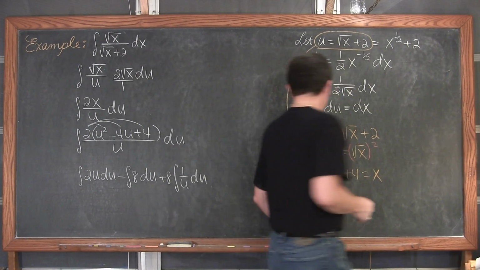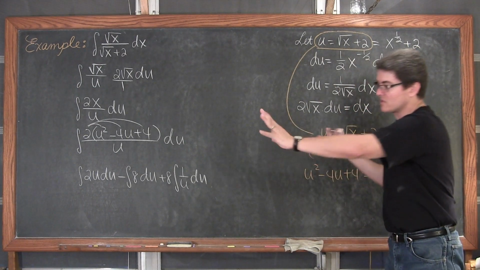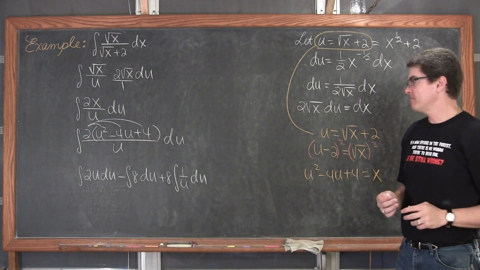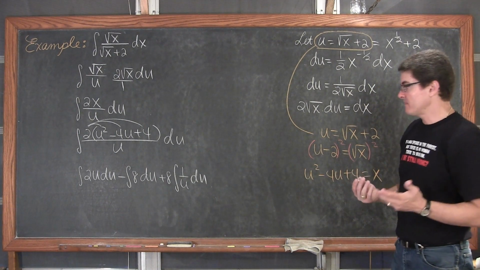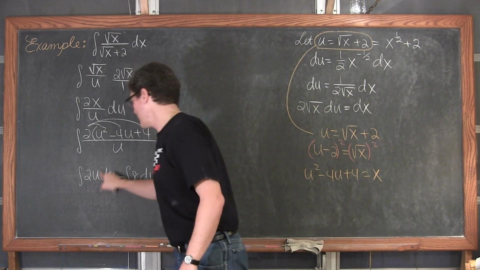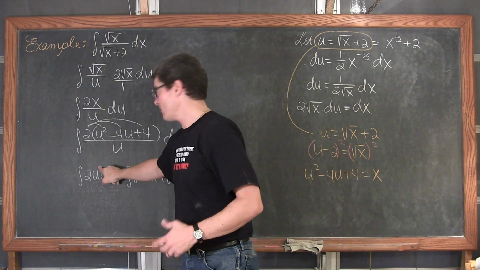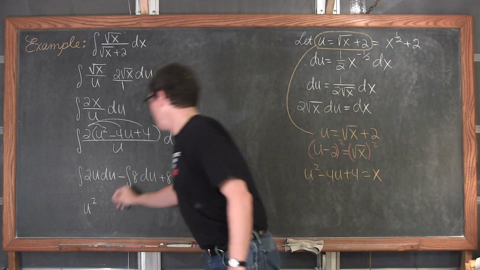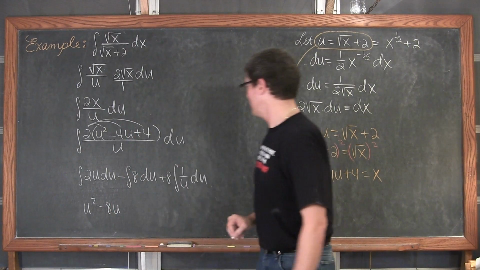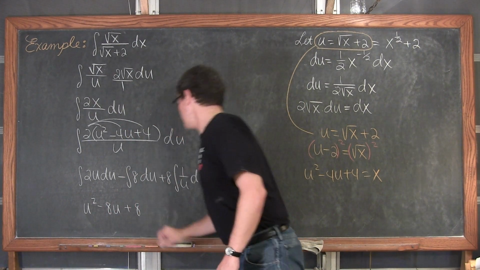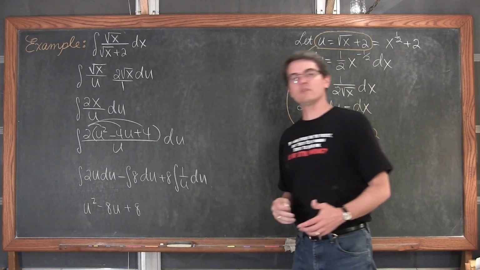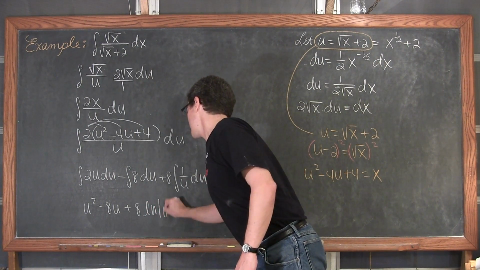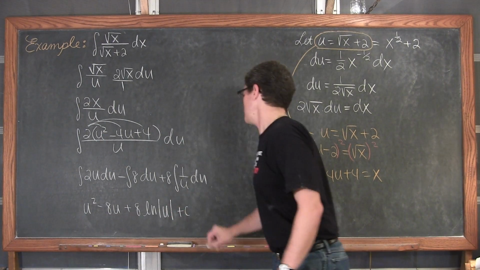Now I can really have this in such individual small pieces. Each of those terms is a separate integral. It's kind of straightforward. We're going to use the power rule. We're going to take that power, raise it by 1, and then divide. So we're going to have u squared minus 8u, and then plus 8 times the indefinite integral of 1 over u du, which I've said this whole video we know is the natural log of the absolute value of u, and then of course your plus c.